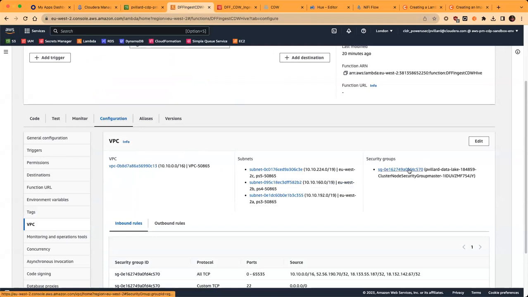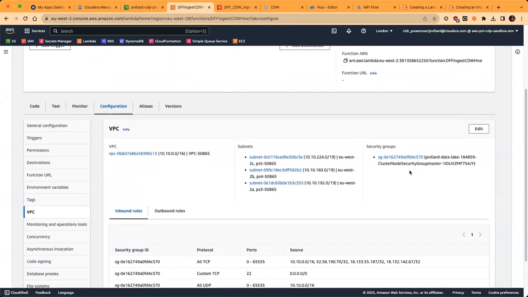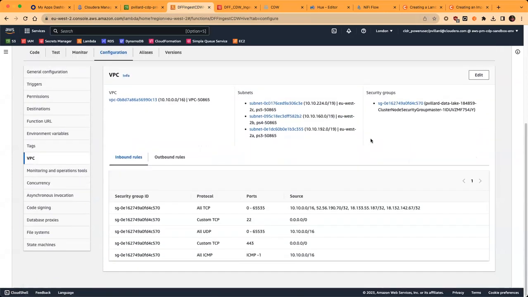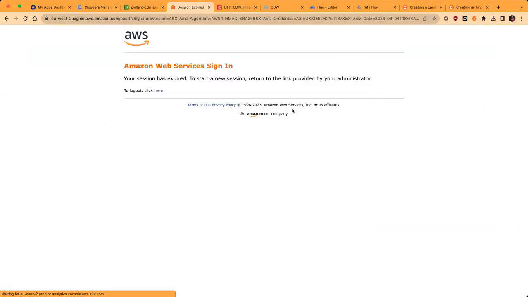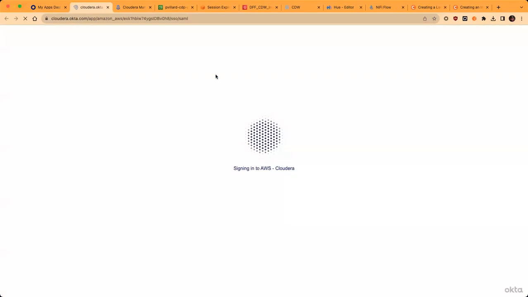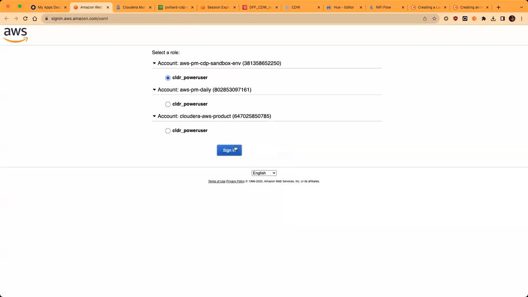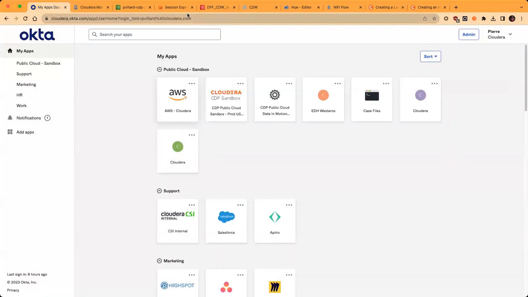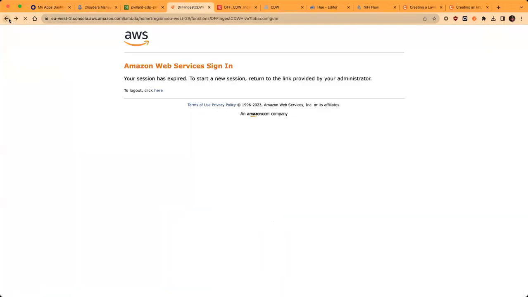And then the security group. The only thing that is important to keep in mind for the security group is a small update. If I open it, and of course my session expired. Okay, so I'm connected again. So if I come back here,